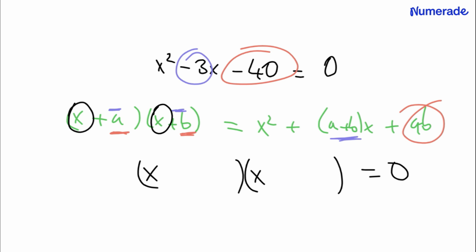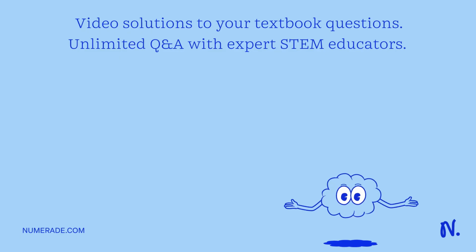Next we're looking for two numbers that multiply to give minus 40. So 10 and 4, 8 and 5, 1 and 40. But they